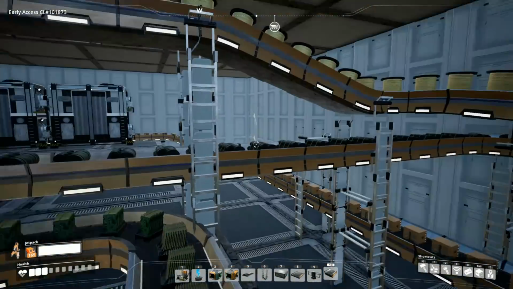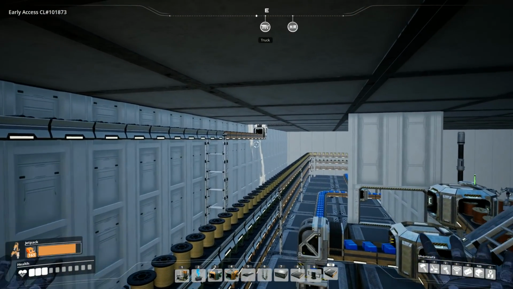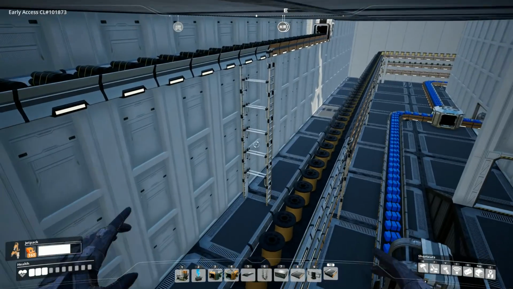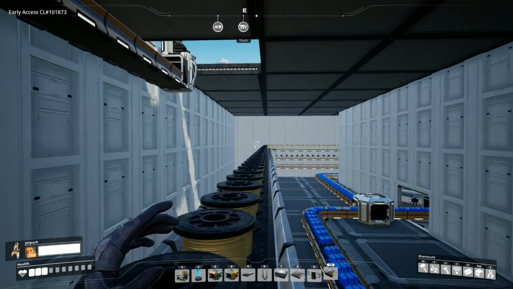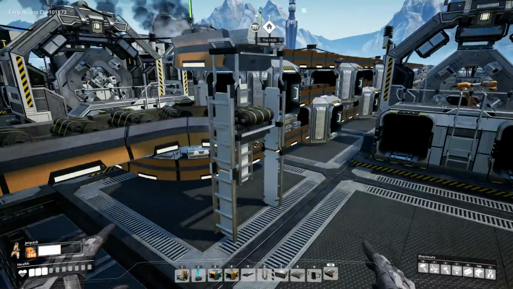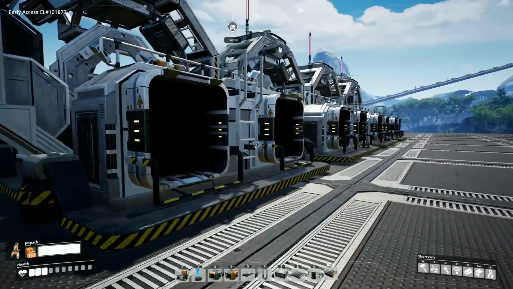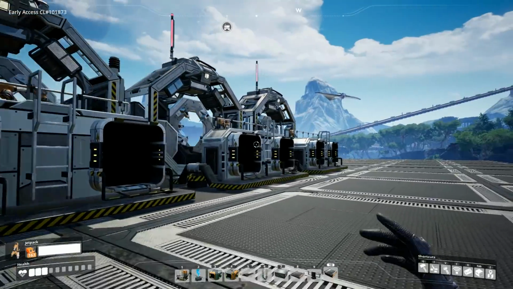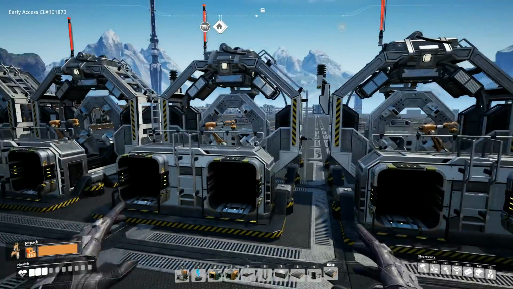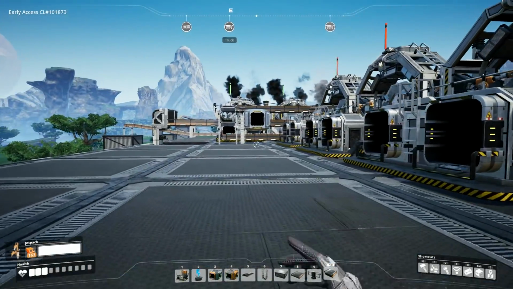I just brought it off the end of the line here, straight out, up and around, up through the roof, and then up top. I might get rid of that later on if I need to, but we'll leave it for now. Whoa! Love getting stuck on those things. But now we have a bus here going for our heat sinks. So I've chosen to have 1, 2, 3, 4, 5 assemblers making heat sinks, because we also need to dedicate some heat sinks